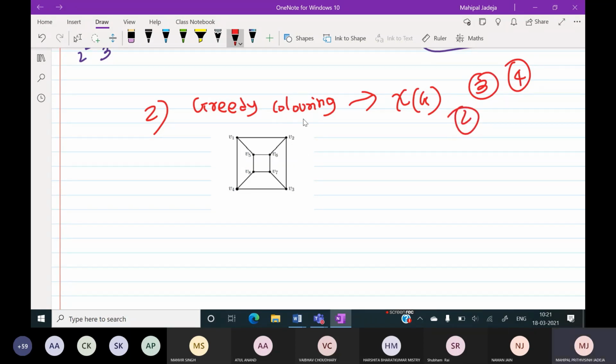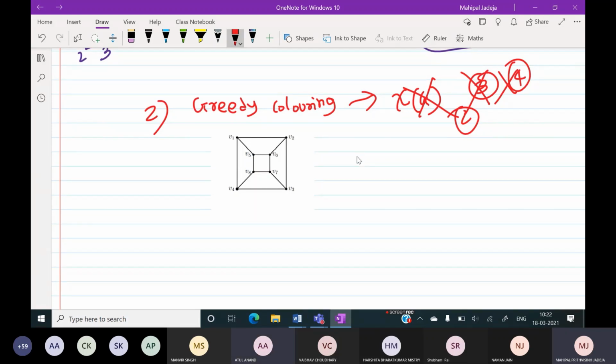So my question is related to greedy coloring. I am not asking about chromatic number as of now. So apply the greedy coloring process and tell me how many colors are required. That is the question. My question is not to identify the chromatic number of this particular graph. Which ordering are you following?